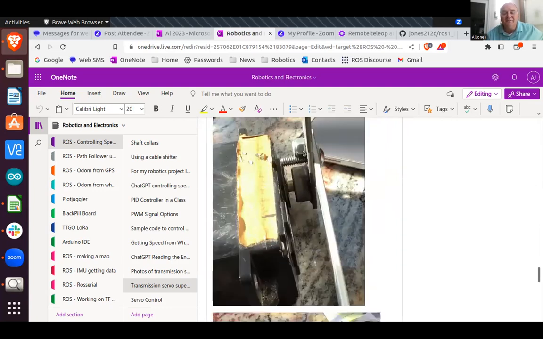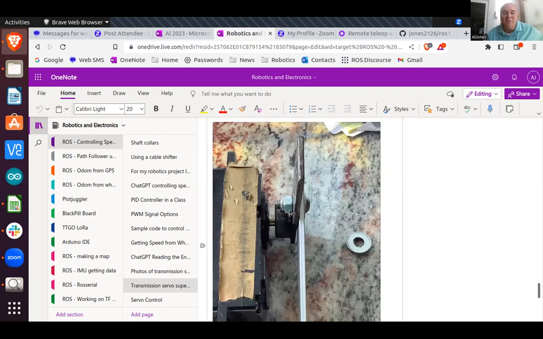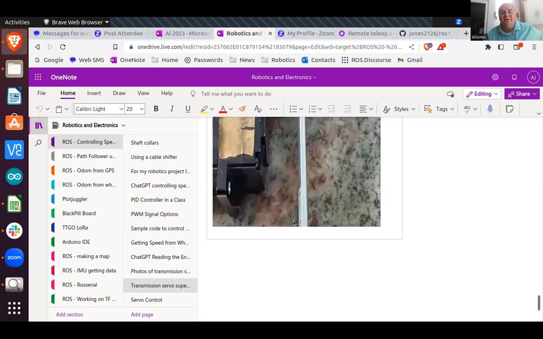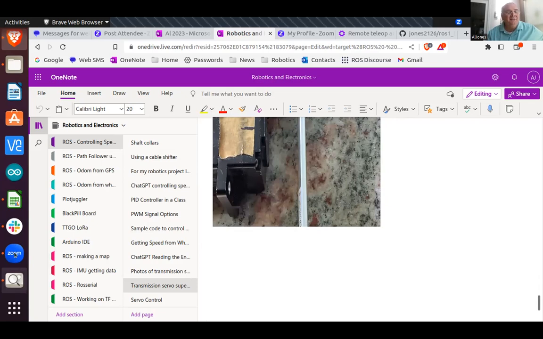I also had to cut this bolt down because now that this is a shorter distance between the center of rotation, it used to sit above the molding, and now it's got to sit below the molding. So I hacked off that stainless steel bolt and remounted that. So that's my status.